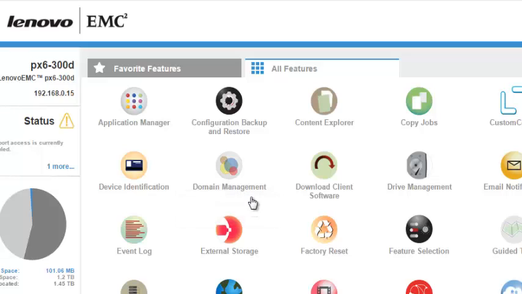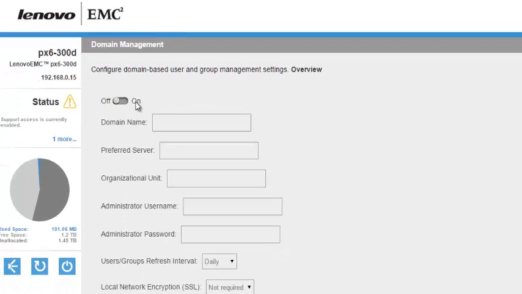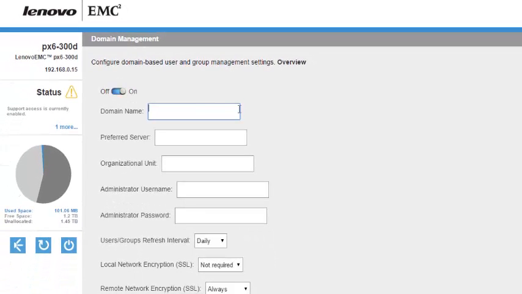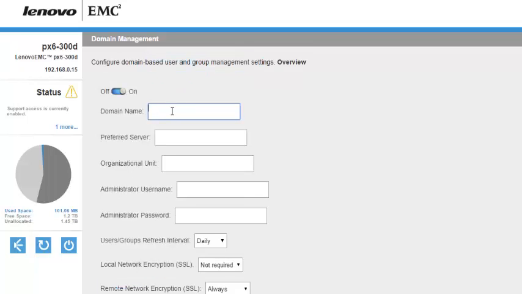So the next option is domain management. This is what I was talking about. This option was included under device identification in the earlier version of firmware. Now it is being segregated just to simplify and make it clearer. The domain management option is where, if you have an Active Directory server in your network and you want to integrate this device with it and pull the users and groups information, you can turn it on and enter the domain name, the fully qualified domain name, for example